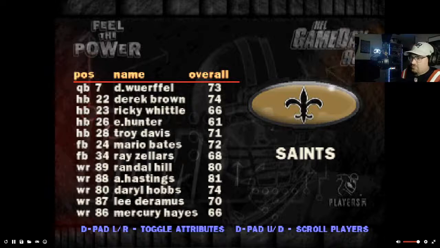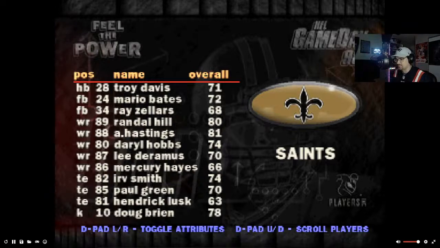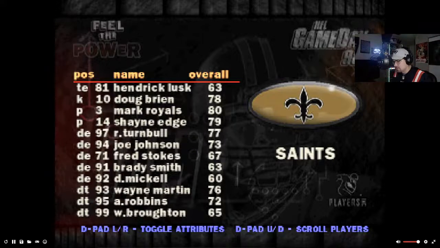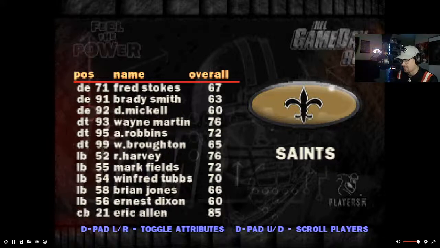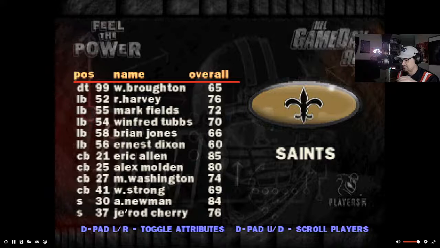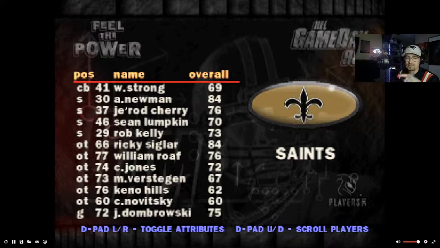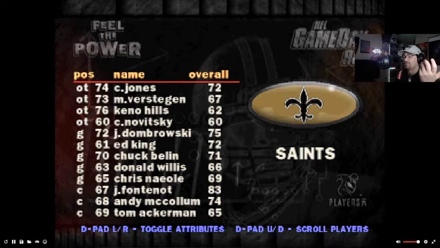Who was on this team? I don't expect anybody from their Super Bowl winning team to be on here, but there's got to be at least something here. No one really. The Saints were not good for a while. They were a really average team for a long time. A couple years later, they would end up beating the Rams in the wild card round, and that was the highlight for a long time of the Saints. They were not a good team at all.